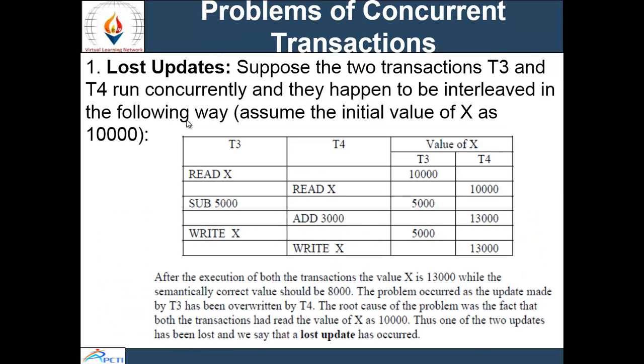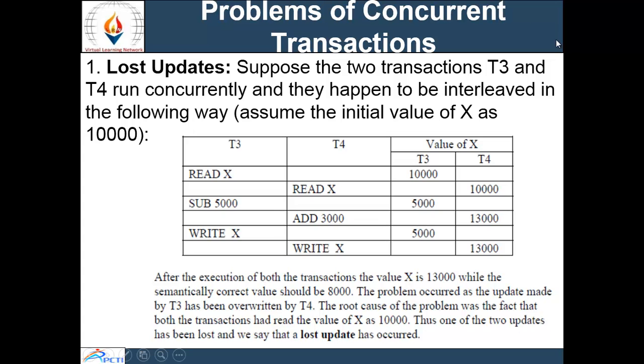Now, there are some basic problems that can occur with concurrent transactions, that is, the lost update problem. Suppose there are two transactions running simultaneously or concurrently, and what will happen in case of concurrent transactions?